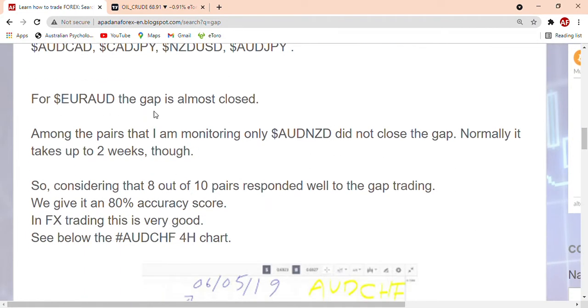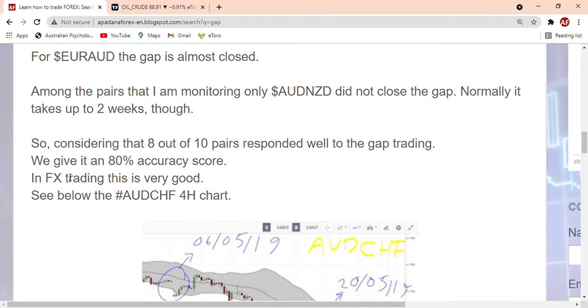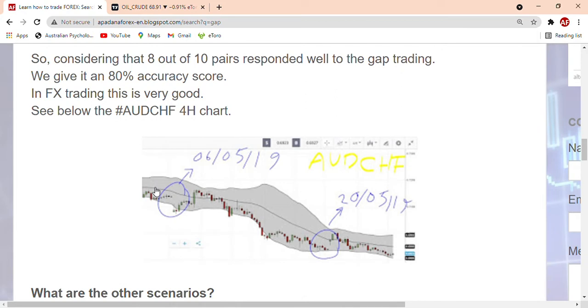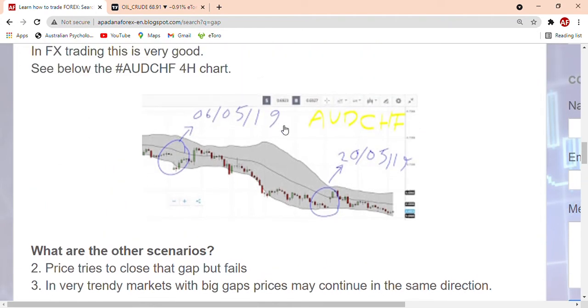Most of them, I can say 80% of the pairs, actually closed the gap. So we gave it an 80% accuracy score, which is very good. So 80% of the time the gap filled for the currencies. As you can see here, I put some dates, 2019, this gap closed, and this was the